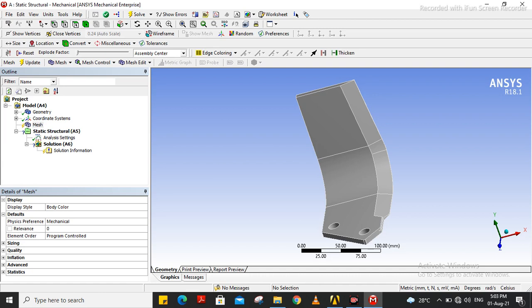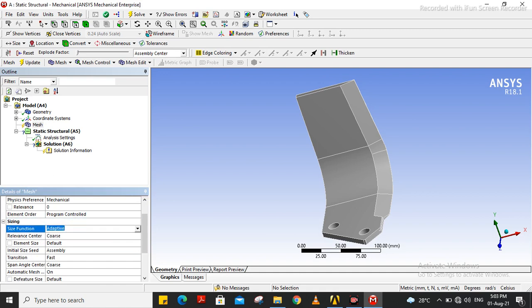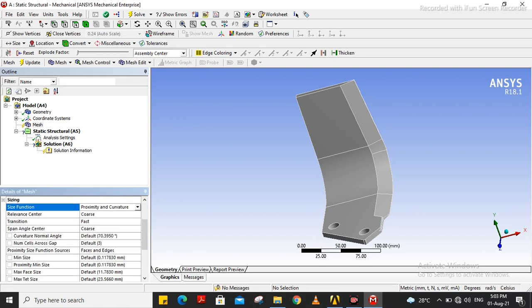So we can see the display of meshing as default. We can take default values also. Then go for size. So size function, change it to adaptive to proximity and curvature. So it will give fine meshing at the curvature. Then transition will be fast.